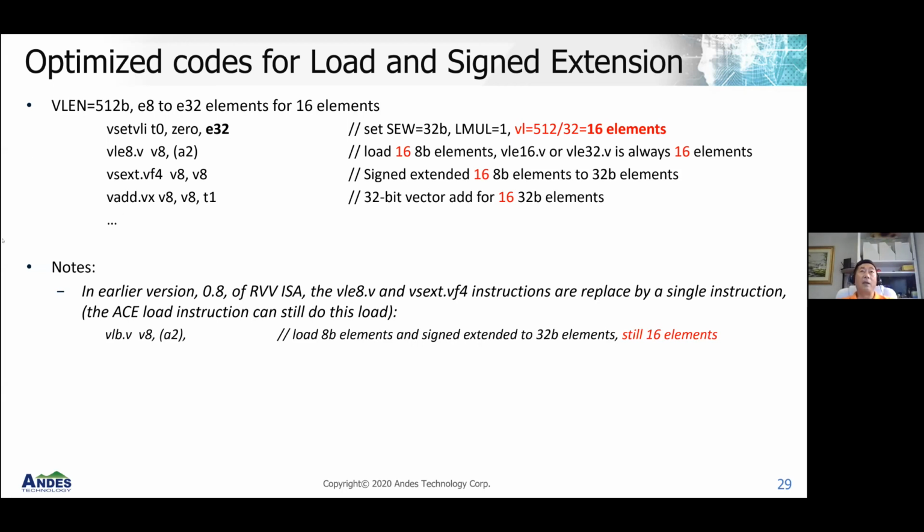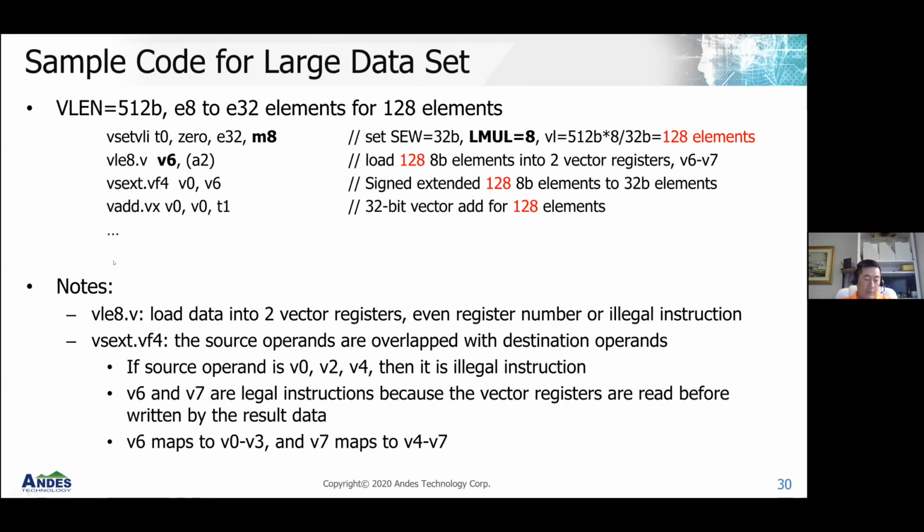Now, when we look at a large data set, for example, 128 elements, we change the M8, or LMUL equal 8, right? So now you operate on 128 elements. And so when you do the load instruction, it will load 128 elements. But now, because 128 elements of 8-bit only need 2 vector registers, it will put them in V6 and V7 here. And then it will size extend,